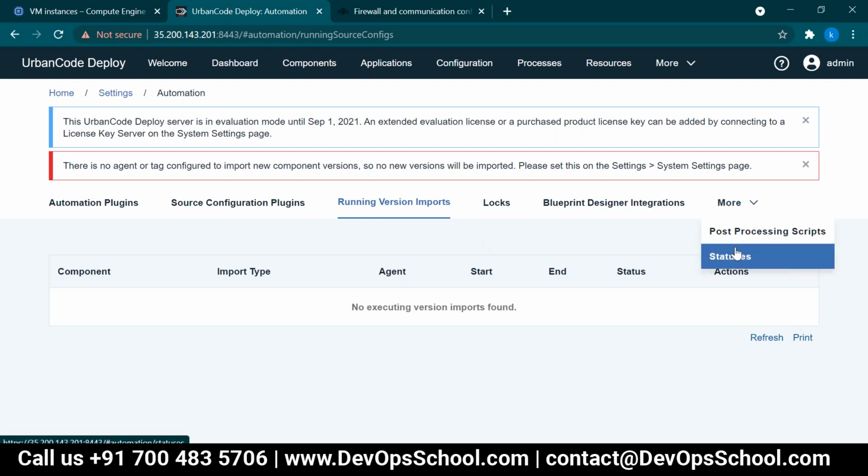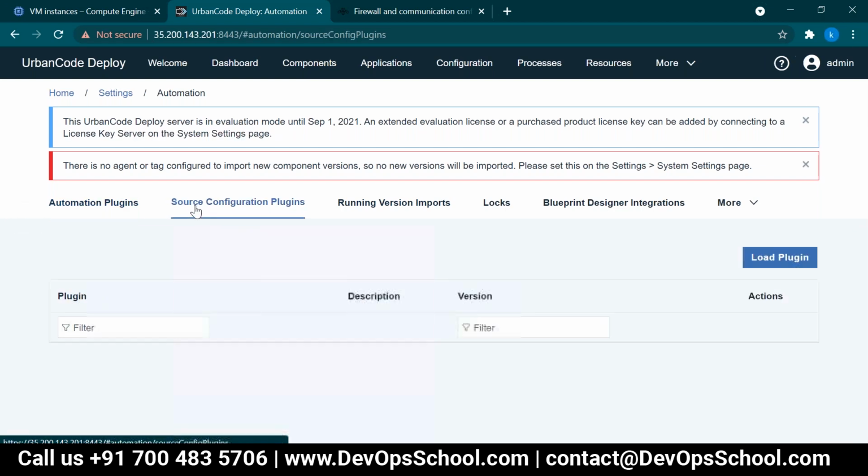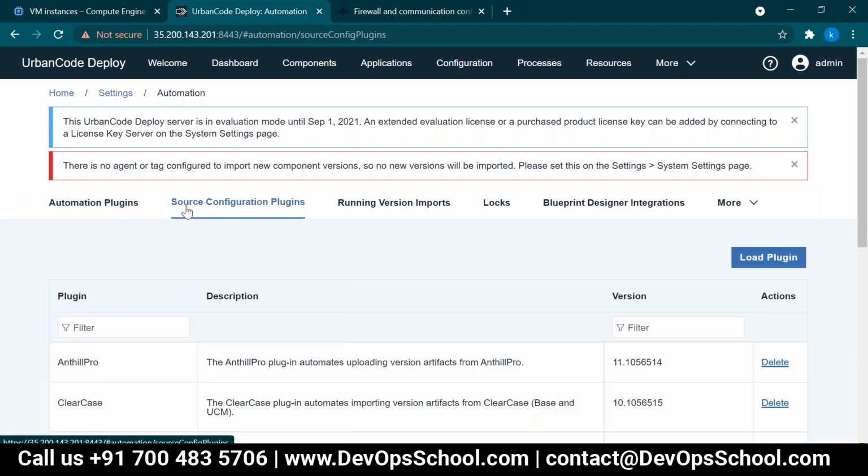Okay. And what is the automation plugin and what is the source configuration plugin? The source configuration plugin is where you want to integrate with Jenkins or GitHub or Artifactory, because there is your data, there is your repo, there is your var file, there is your ER file, there is your image file. Okay, everything is there.